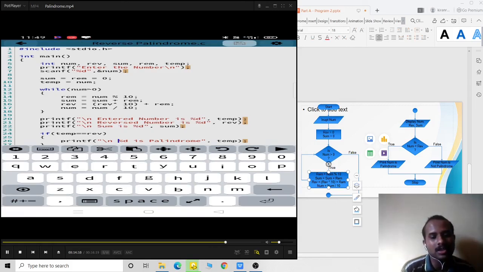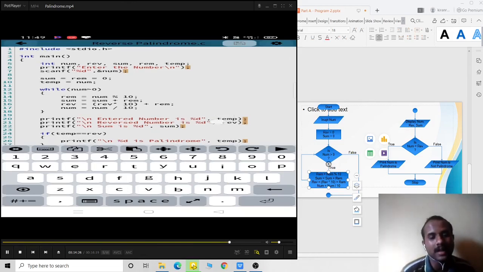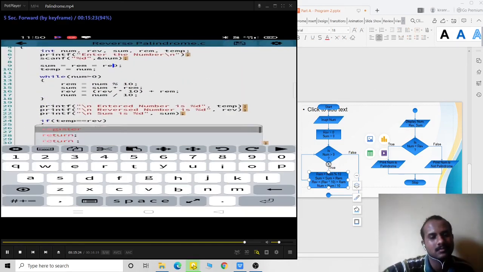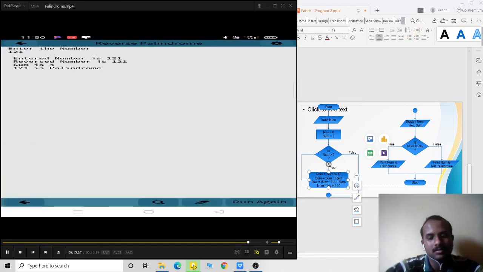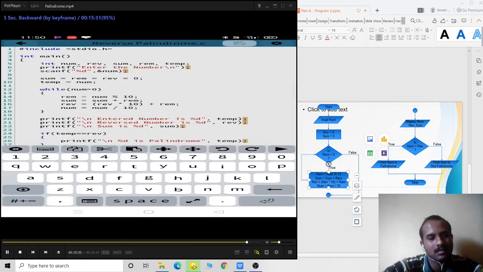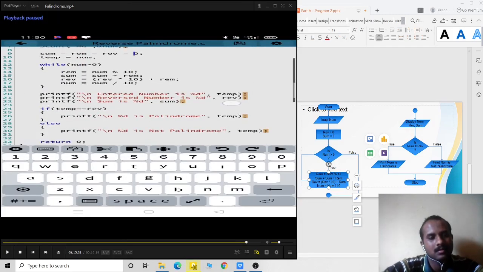So I have to initialize the reverse to 0. So let me do that. So I am also initializing the reverse to 0. So if you see, I am initializing sum, remainder and reverse to 0.